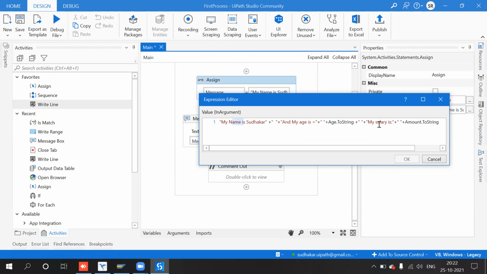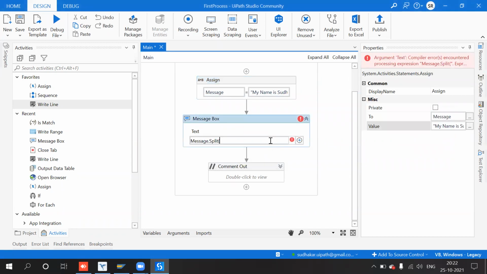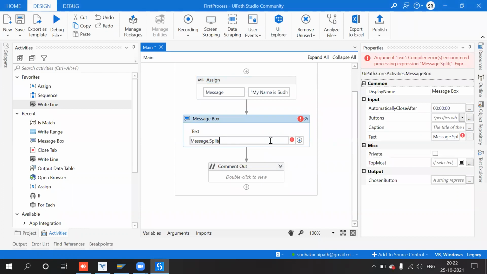So you want to split it using gap. Okay, split. So it should be double quotes, gap, right? That's why I provided only one character gap.